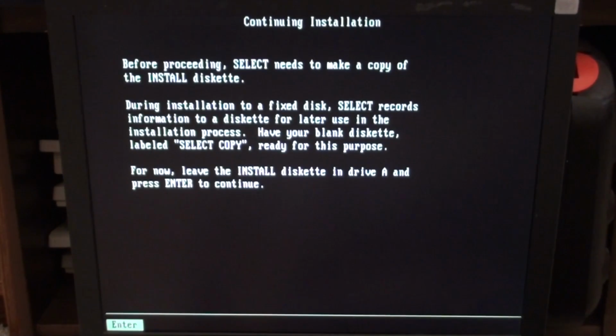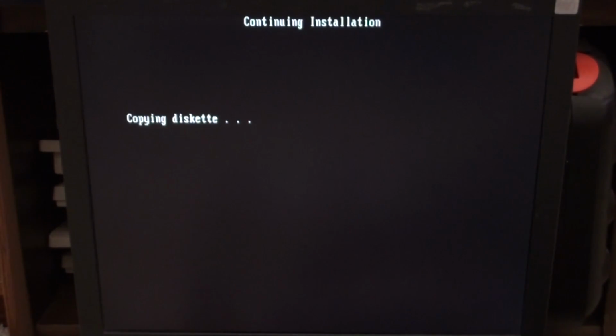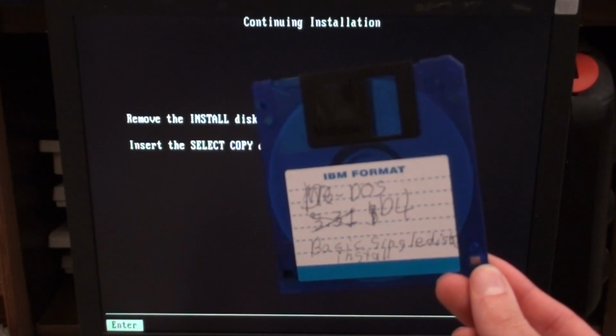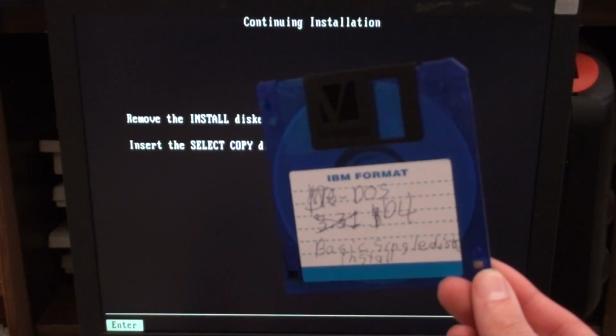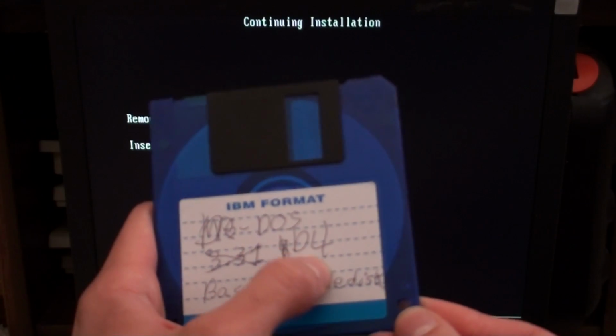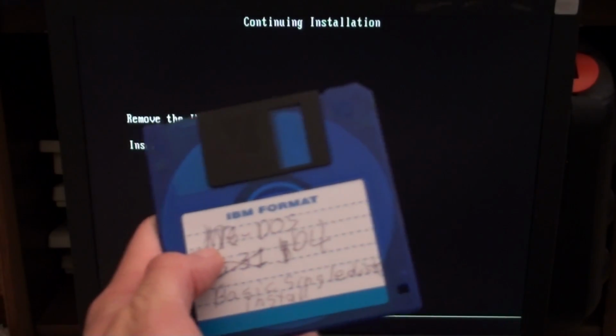Okay. Now it's copying the diskette to the fixed disk, I guess. Or it's copying it to itself. I don't know. This is sort of a testament to all my tries. You can see that not always was it... First it was MS-DOS 3.31, and then it was MS-DOS 5, and then that turned into 4, and then it wasn't even MS-DOS anymore, and then,